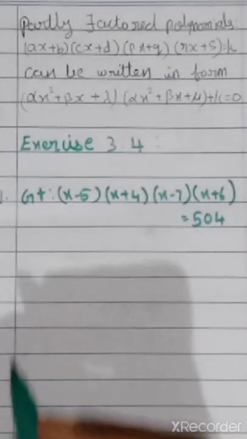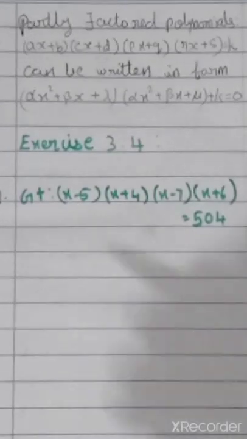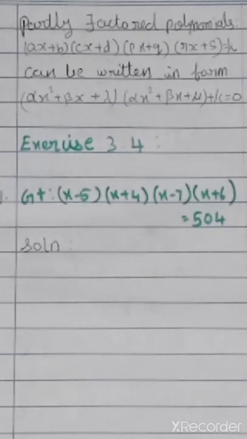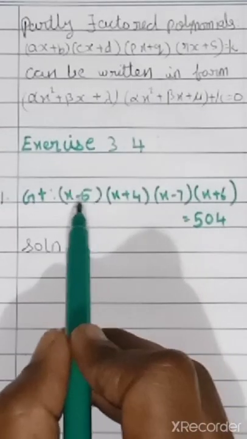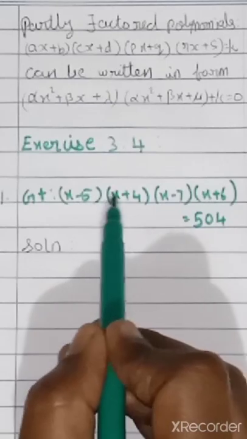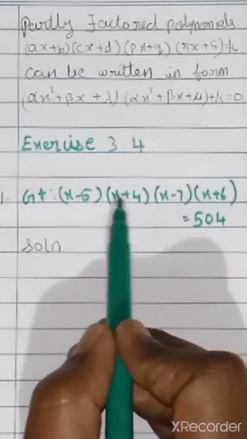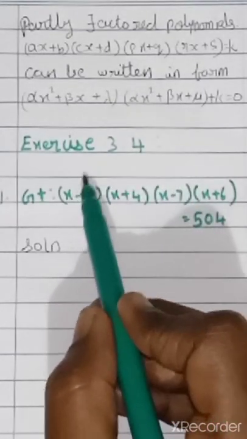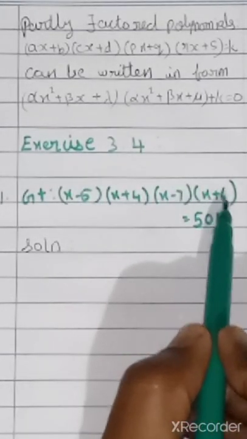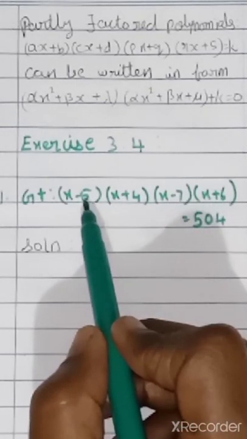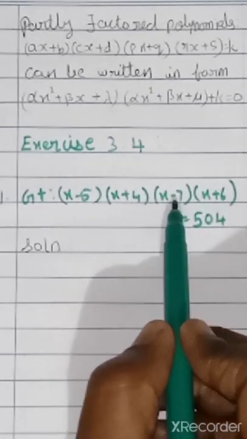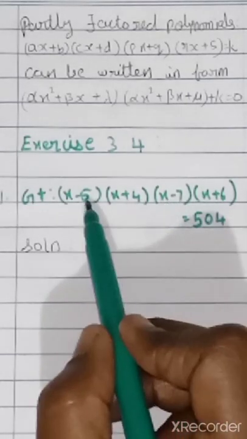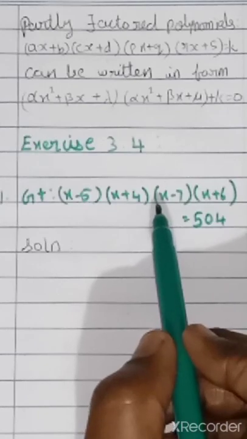So what are we going to do? We have to group these terms. How can you group? Your easy method is, now look here. We just add the constants of any two terms. If I add the first term and last term, what will you get? 6 minus 5 is 1. Again, if I add 4 minus 7, what will I get? 4, 5, 6, 7, minus 3. So 1 and minus 3 are not the same, correct?